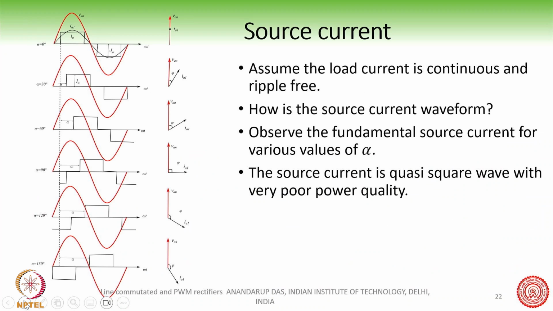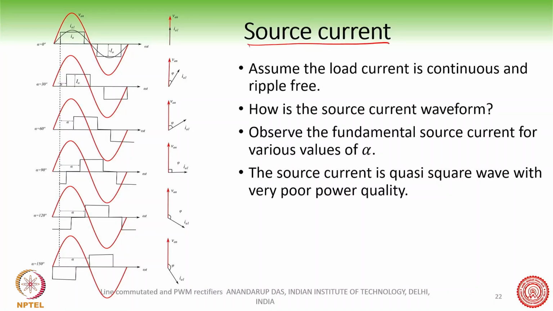Now, so far we have talked more about the DC side and less about the grid side. Here we will briefly talk about the problem on the DC side, AC side, on the grid side. What happens with the source current? What happens with the source, meaning from the grid? How is the grid looking at the whole converter?